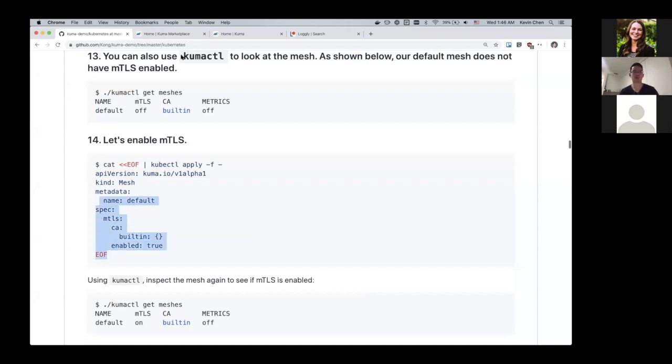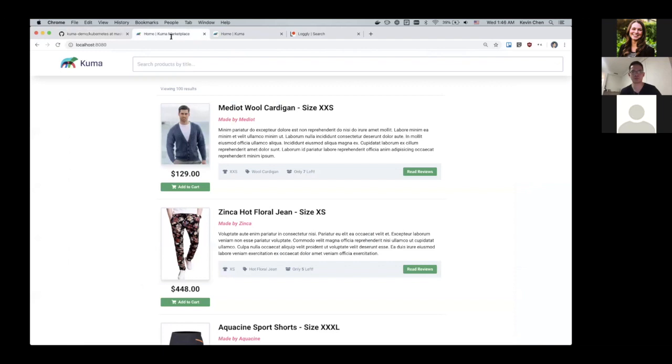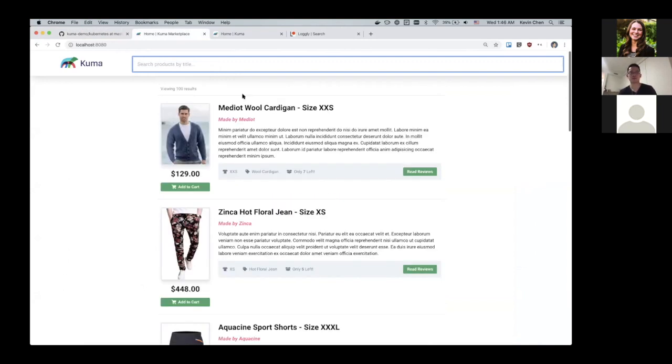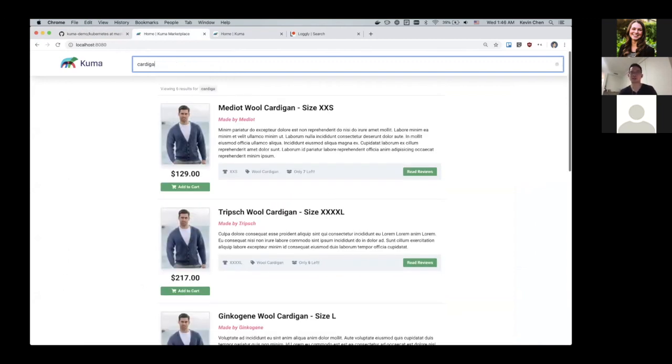Before I apply this, let's look at our sample application. It's running on localhost 8080, and it's a very simple graphical marketplace where you can look at clothing items. You can query them. If you query items, this is searching off Elasticsearch for all the items. For each item that you look up, you can also look up reviews, and the reviews are all stored in Elasticsearch. So essentially the backend APIs are communicating with 2 different